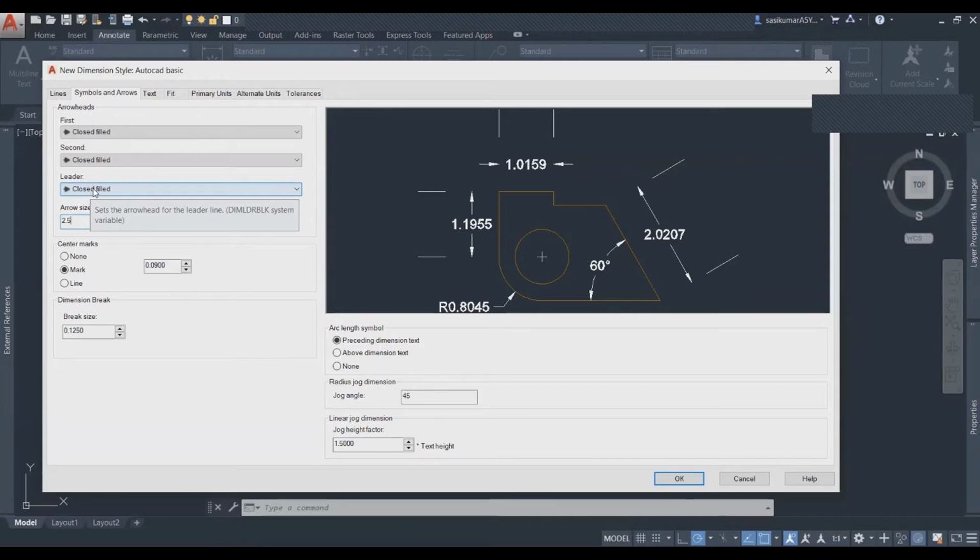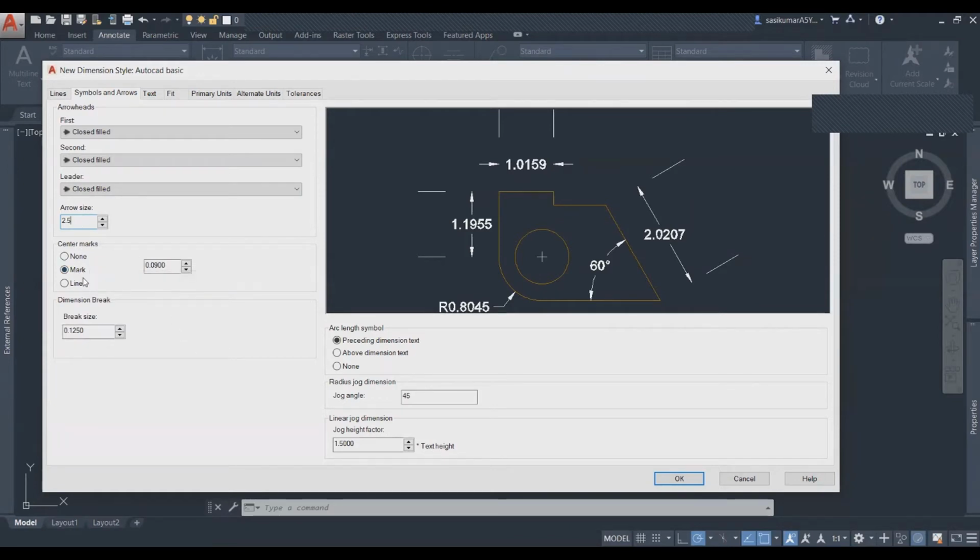Sometimes some people forget to create the limits of the paper. They never choose the paper, but they try to create the dimension style and the drawing. Then afterwards they will ask me, oh, sir, I cannot do it. I can't get the actual size, because they didn't set the paper. Okay, paper setting is more important. So okay, come to the point. Arrow size should be 2.5.